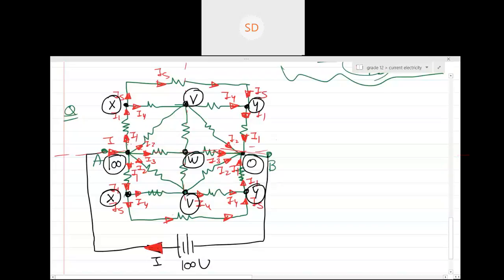No, the path they did in the textbook was that at each joint they divided the current equally, like from I it becomes I by 2, and then when the joints join, they add up the current. So we can't do it like that here. No, here you cannot do it like that. In that one you will do it like that. I'll tell you the reason why. Because when current goes, you'll see exact symmetric paths, exact same paths for every branch. That is why you divided the current equally. We'll come to that point as well.